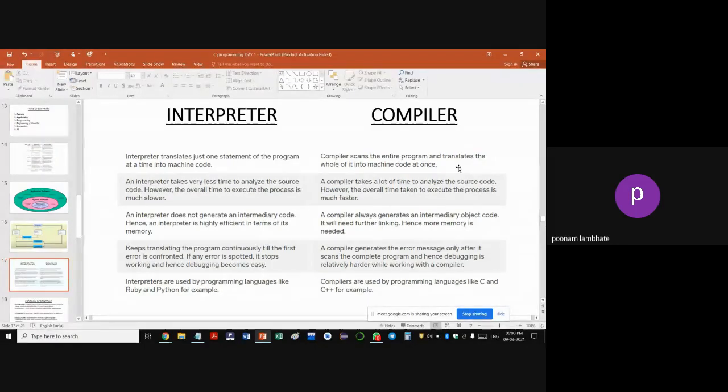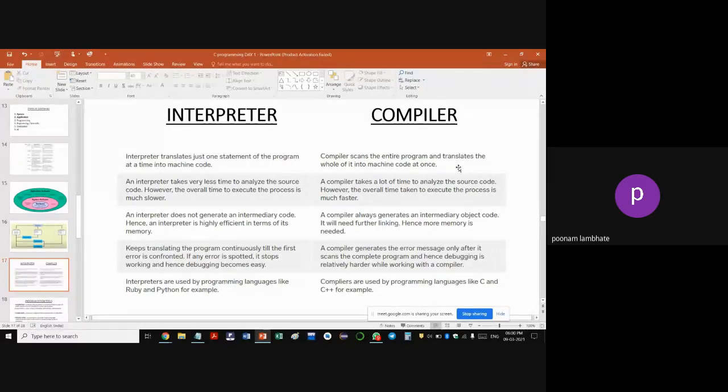And at the end, after all the lines have been inspected, if there is any error, at whichever line the error is, that will be highlighted as an error message. So suppose there are 10 lines of code, you have an error at line 1, line 5, line 10. So at these particular lines, there are errors. This is the message you will get from the compiler.